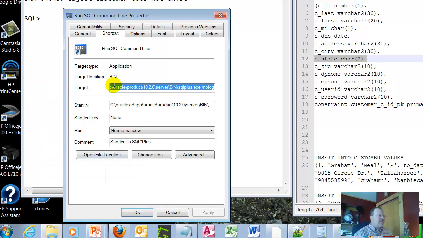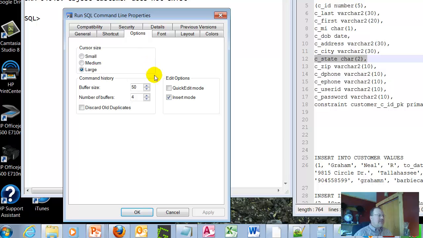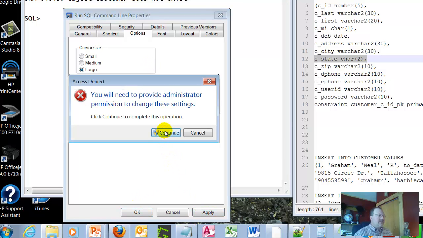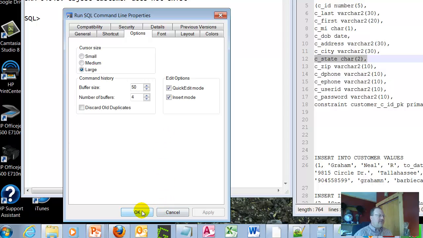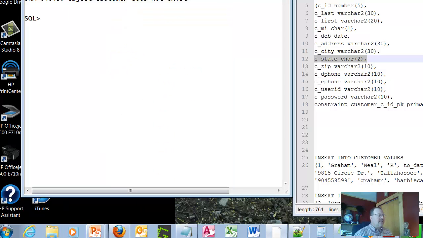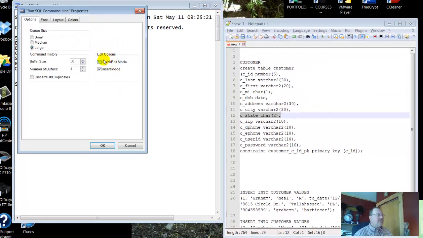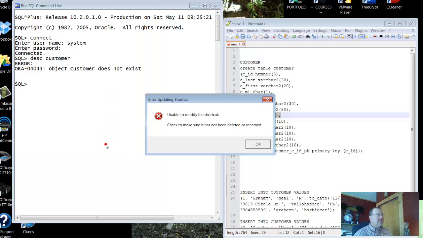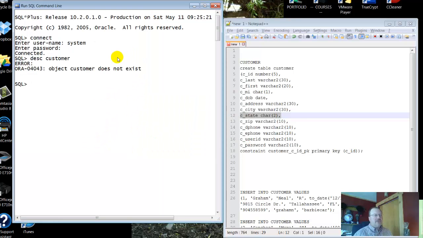Go to Properties. Go to Options, and we want to turn Quick Edit Mode on and apply it. We'll have to OK that and OK here. Now, because I already have this window open, this session may or may not have Quick Edit on. Properties, Quick Edit is now on for this shortcut, but anytime that you open that window again, you should have